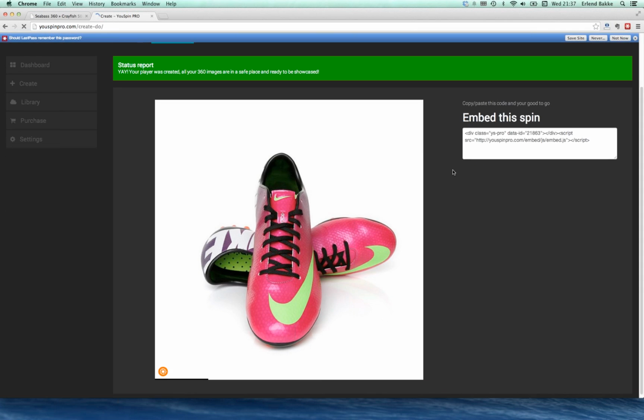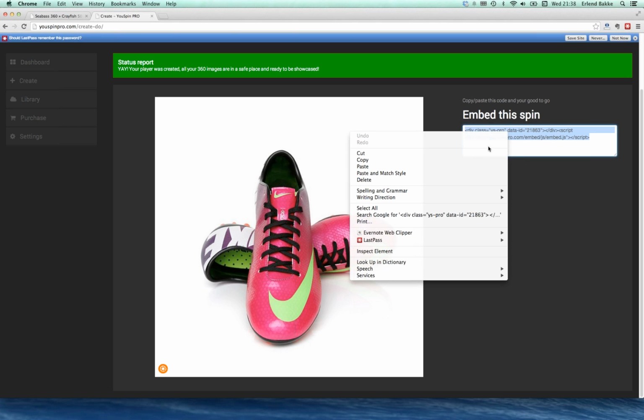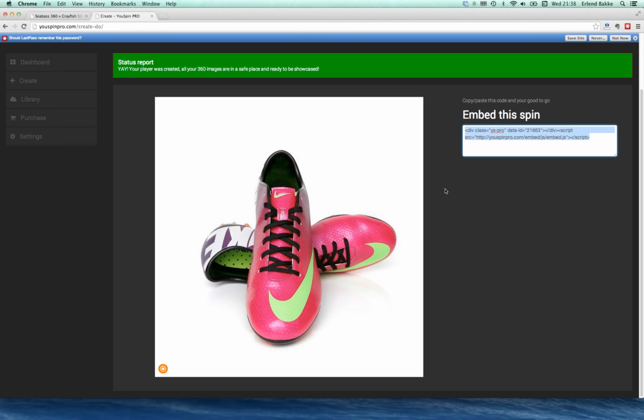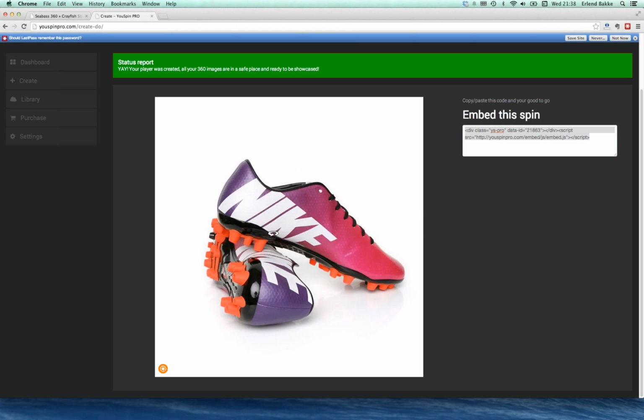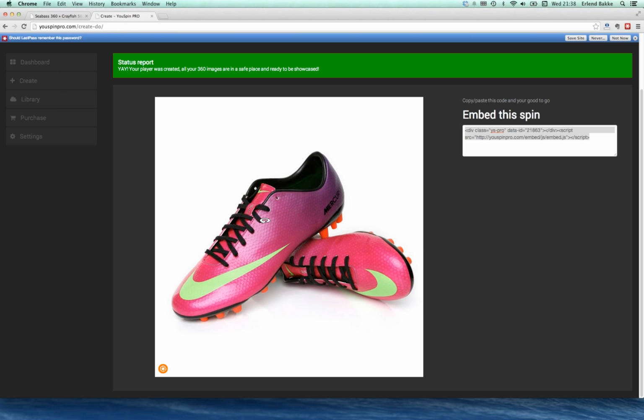So here is the spin. On the right hand side here, you'll see the embed code, and all you have to do is mark this and go copy, and then you paste it into your website, and it'll be live. So here you see the spin, and this is also the shoe that I showed you earlier. If you double click,